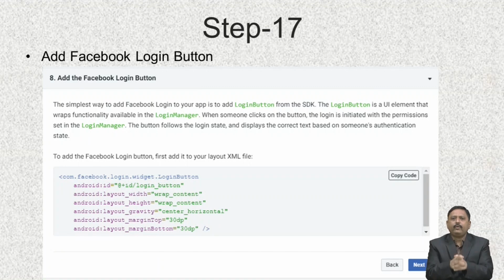So you have to add this code to your layout file and it will create one button which shows the Facebook logo and login to Facebook text. So this is how you can add a login button to your app to directly log into your Facebook account, and then you have to click on next.